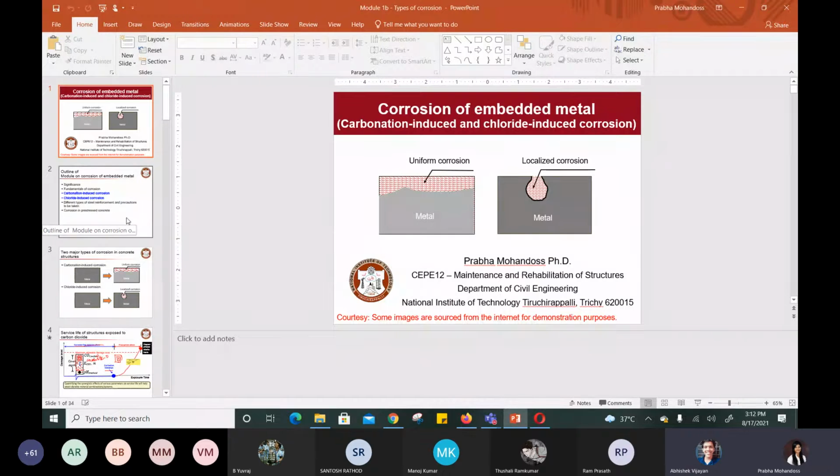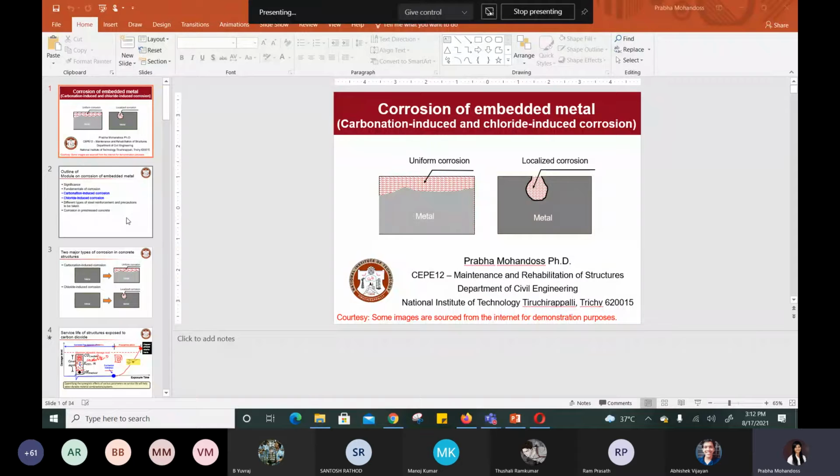Yeah. So when we have chloride-induced corrosion, we have a more localized corrosion type. We see pit formations on the rebar, so the cross-sectional loss or diameter loss is going to be severe at one particular location. So you will have localized corrosion when you have chloride attack. Whereas when you have carbonation induced corrosion, you have almost uniform reduction in your cross-sectional area. So you have uniform corrosion.